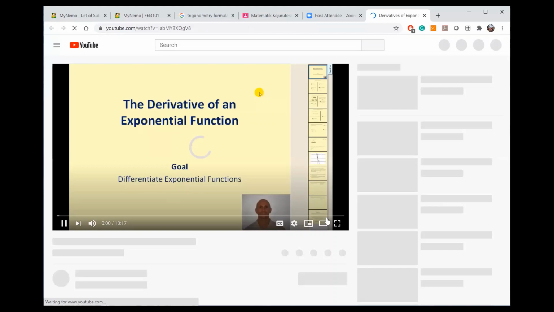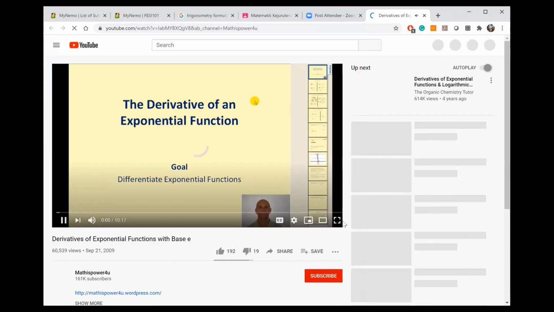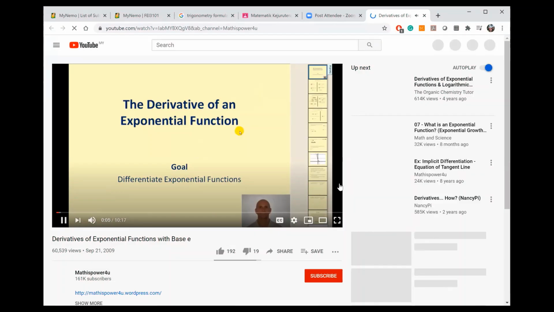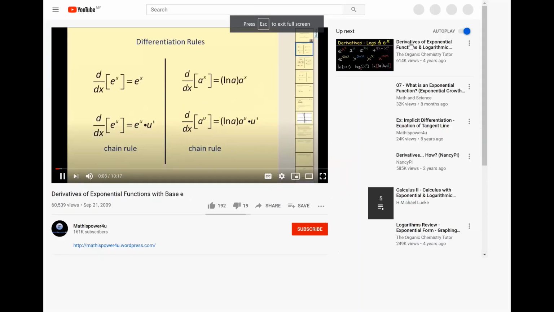Welcome to a video on the derivative of an exponential function. The goal of this video is to differentiate exponential functions. Let's go and take a look at the rules. If our base is e,